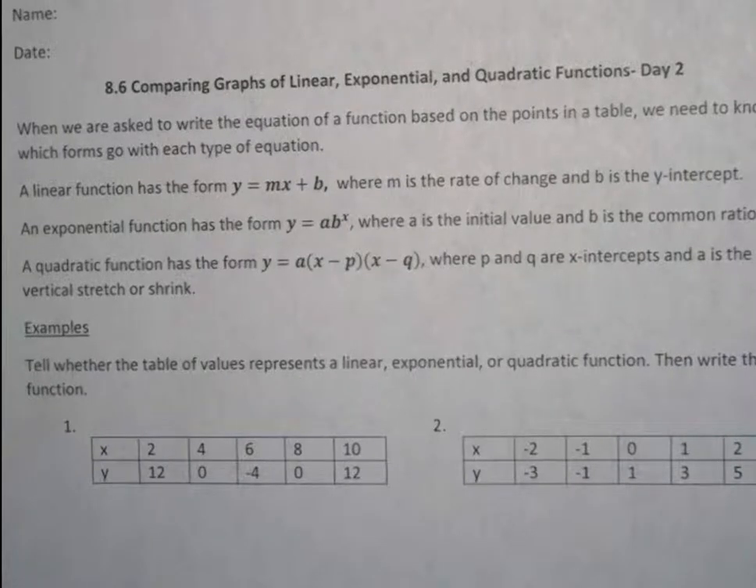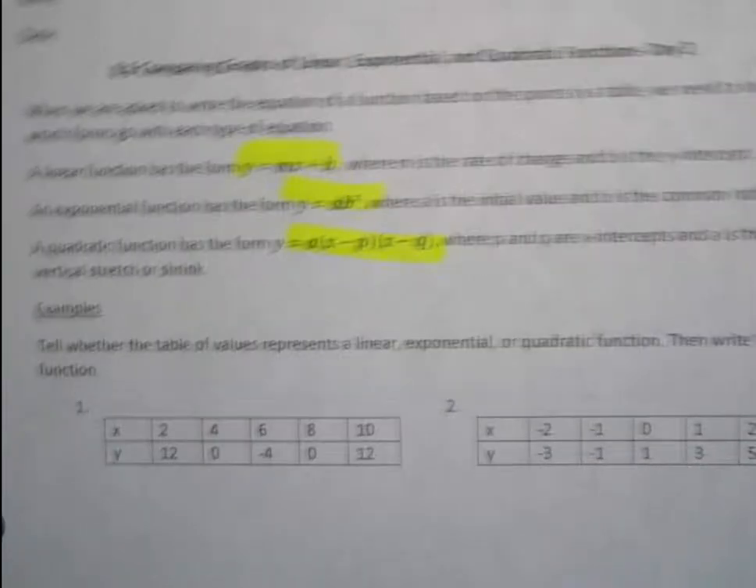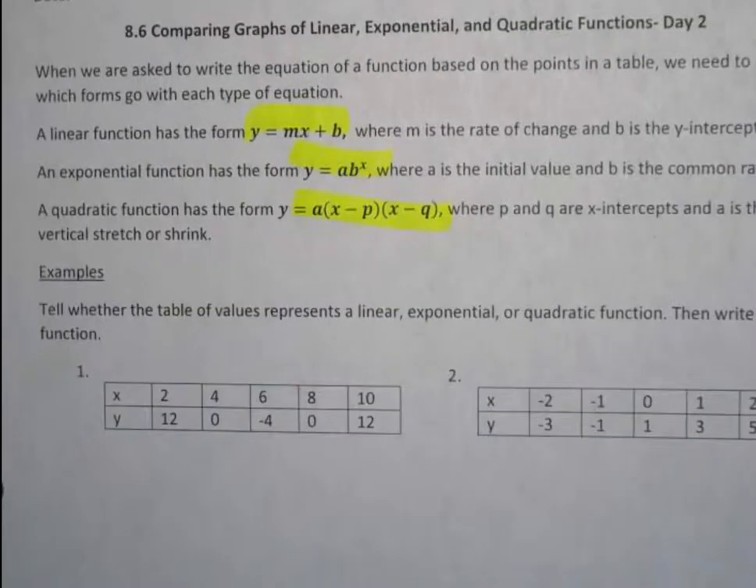Okay, so today we're looking at tables of values, and it actually wants us to come up with the equations today. So once we decide if it's linear, quadratic, or exponential, we gotta write our equation for it. Okay, so these are the three equations. Linear is y equals mx plus b, exponential is y equals a times b to the x exponent, and quadratic is in the form y equals a times x minus p and x minus q, where p and q are our x-intercepts. So if I take a look at number 1,